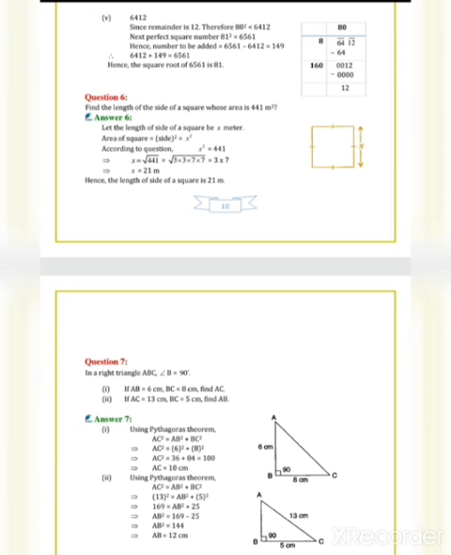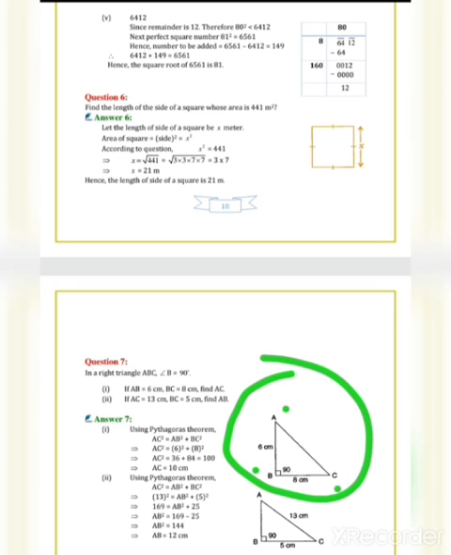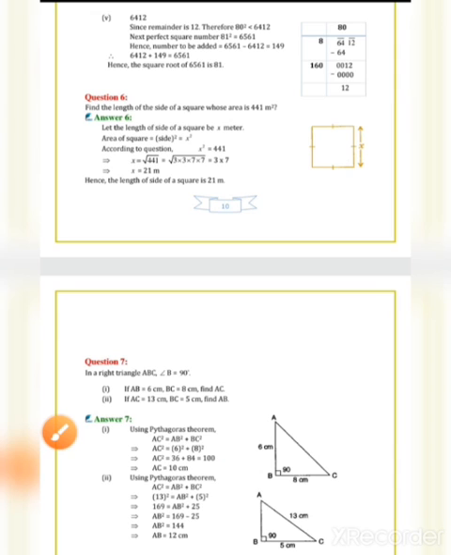After that, question number 7. In right angle ABC, angle B is equal to 90. So that is given in the figure. ABC is our triangle and 90 is the angle given in the question. If AB is equal to 6 centimeter, here you see that AB is equal to 6 centimeter and BC is equal to 8 centimeter. Then after you have to find the AC. So this side you have to find out